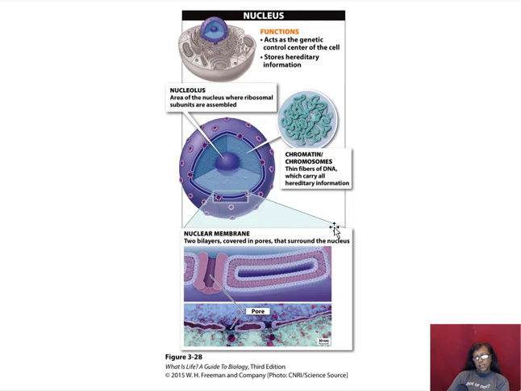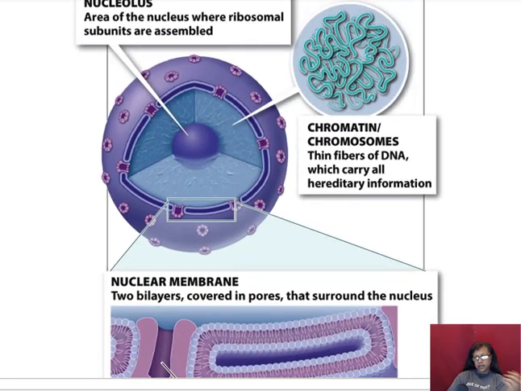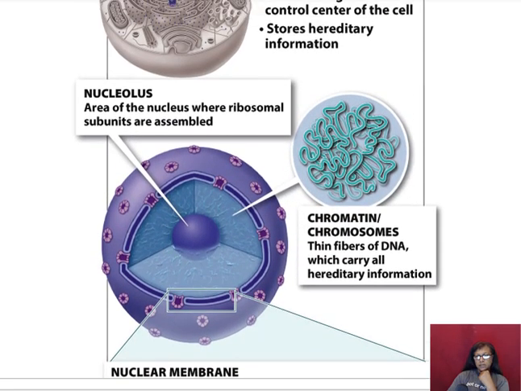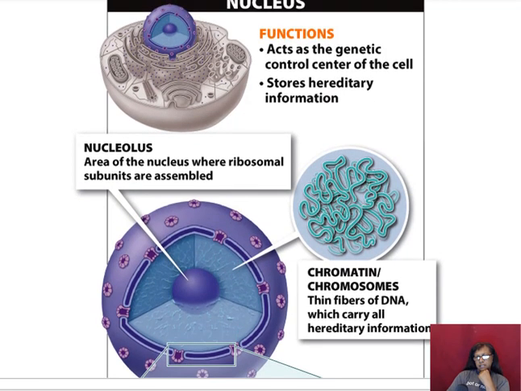When we look at the nucleus, I'm going to zoom in on this slide so you can see hopefully a little closer. Let's go through some terminology. So the nucleus functions as the genetic control center of the cell, stores hereditary information,